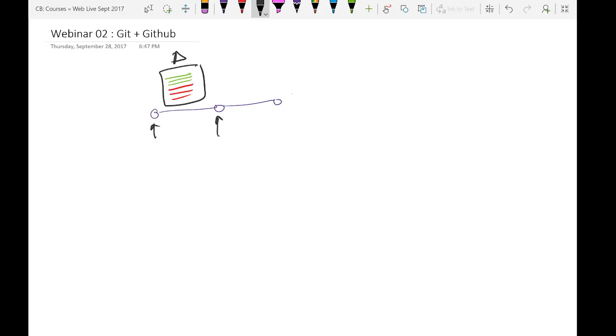Like that, there could be a lot of states in my code. It could so happen that my repository is like this. This is how it was on day 1, day 2, day 3, day 4, like that. Now, on this day, I decide that I will start working on a new feature, but this version of the software has already been released to the market, and people are already reporting bugs on that. Okay, they're saying something works, something does not work. Now, you cannot work on the bug fixes and the new features together because they are probably conflicting the same file. So what you do is you